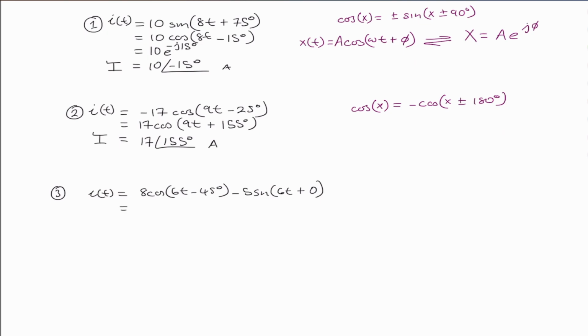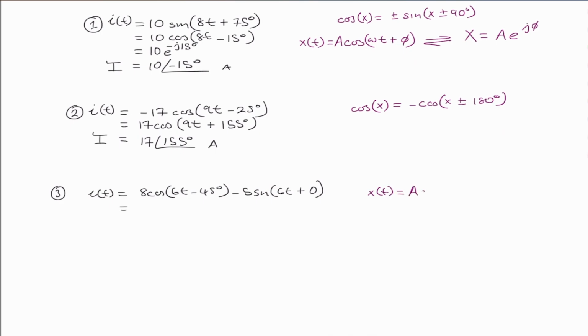So we could skip this. We can skip all the unnecessary steps if you know the identity between the phasor and the time domain, and that is a signal x of t. So let's just write that out. A signal, let's use a different color. So a signal x of t is equal to